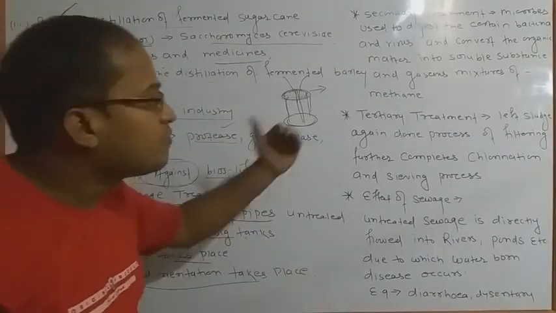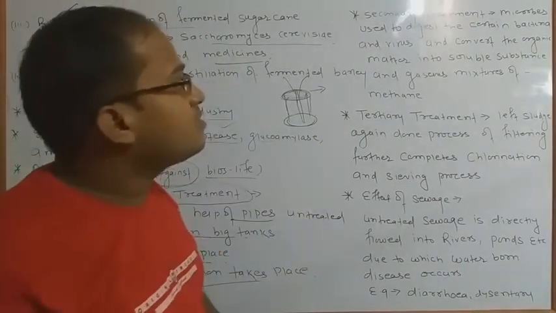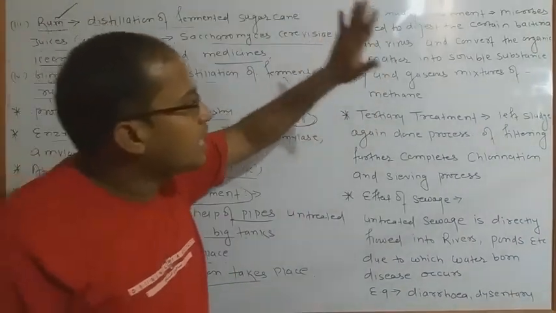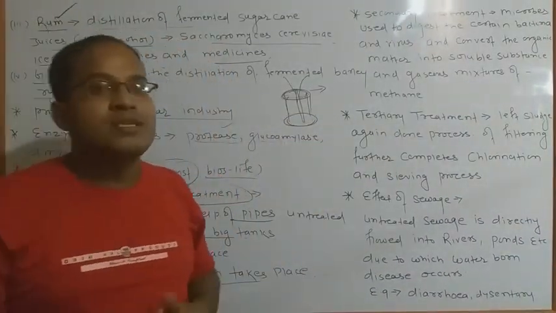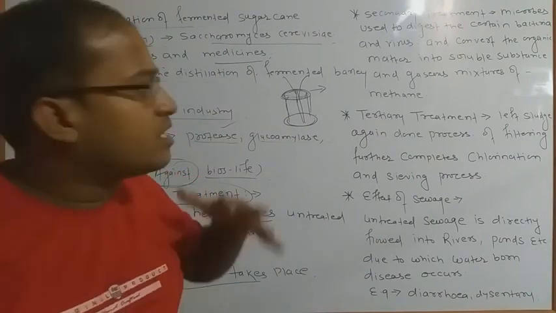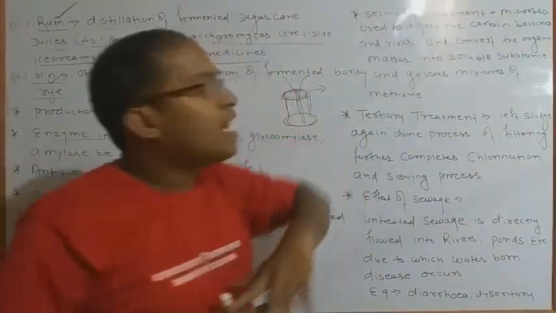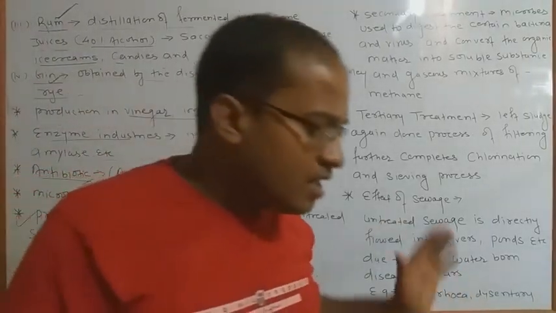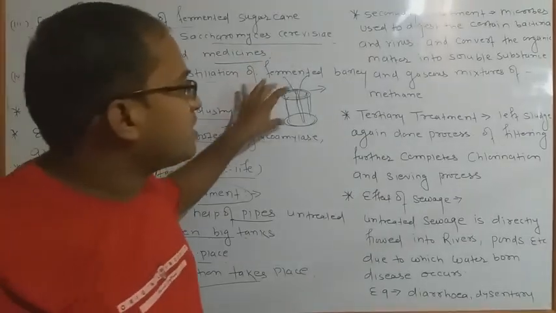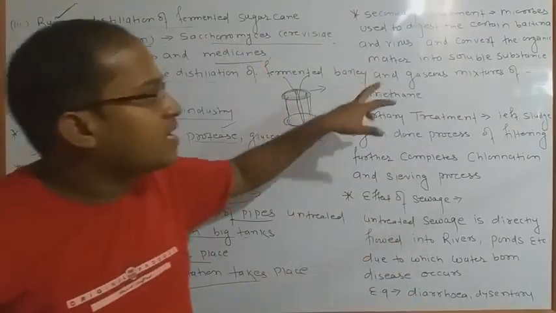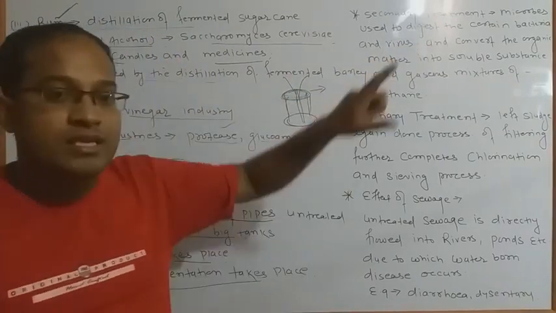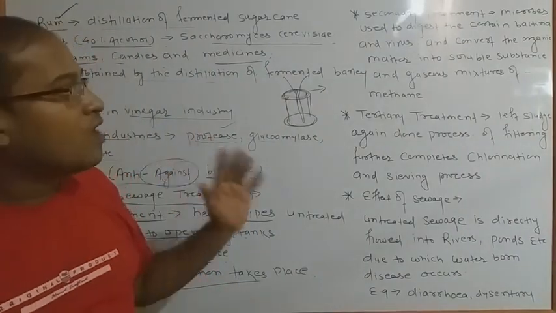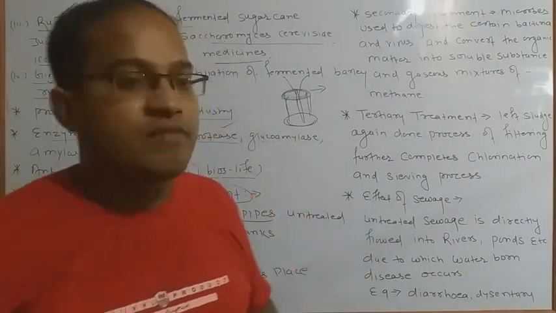In secondary treatment, what do we do? Next, microbes are used to digest. In this, there are also microbial substances which can easily digest certain types of bacteria and viruses, because sewage also contains dirty and contaminated water. That means special types of pollution are mixed with the sewage. That time microbes are generally used. That is the importance of microbes. Microbes digest certain bacteria, viruses and many more pathogenic organisms which are found in the sewage.